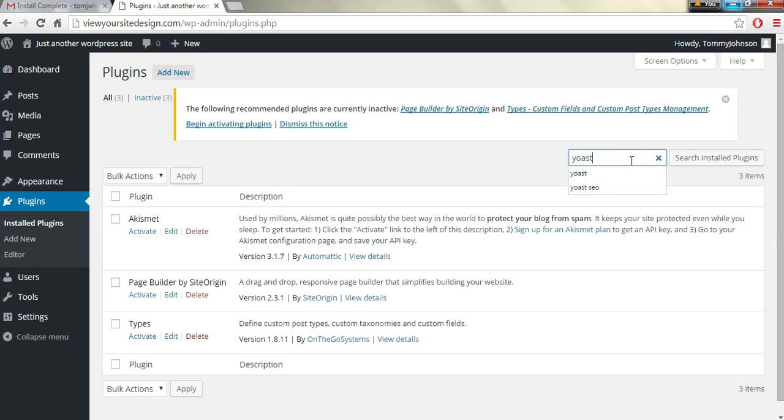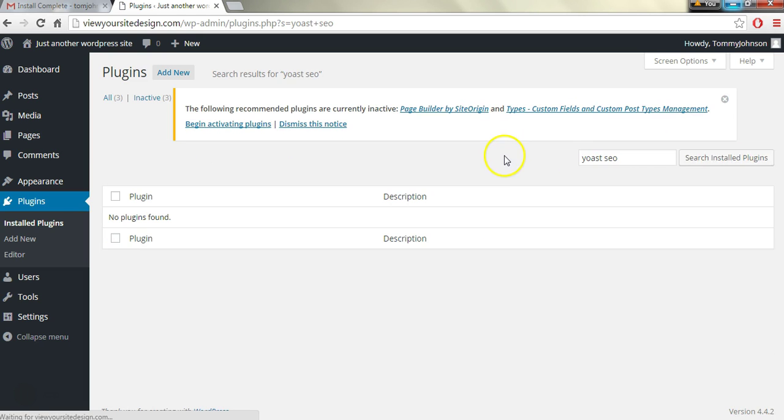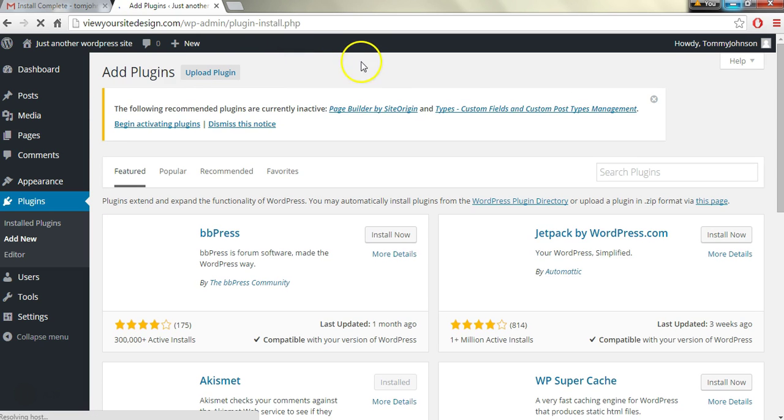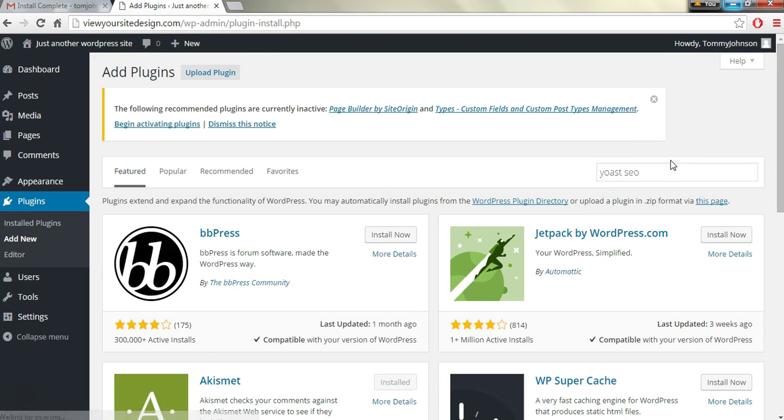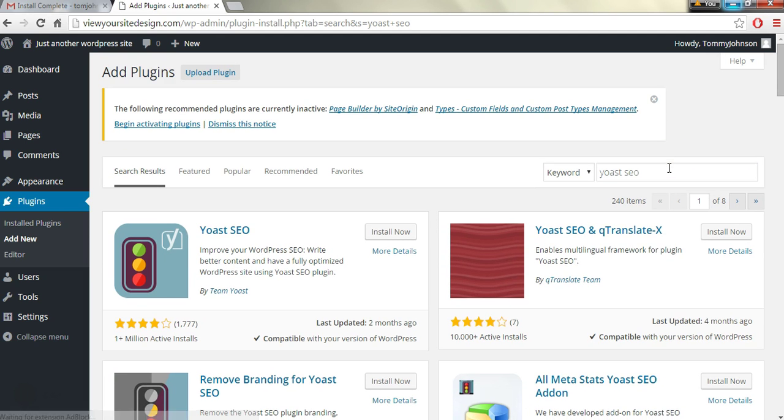couple more plugins that I think are really beneficial to have within your WordPress website. You can type in Yoast SEO, and this is an SEO plugin. Oops, I'm sorry, we need to go to add new at the top, excuse me, and then we'll type in Yoast SEO. We were in the search plugins that we already had section on the WordPress area there. So here it is, Yoast SEO,